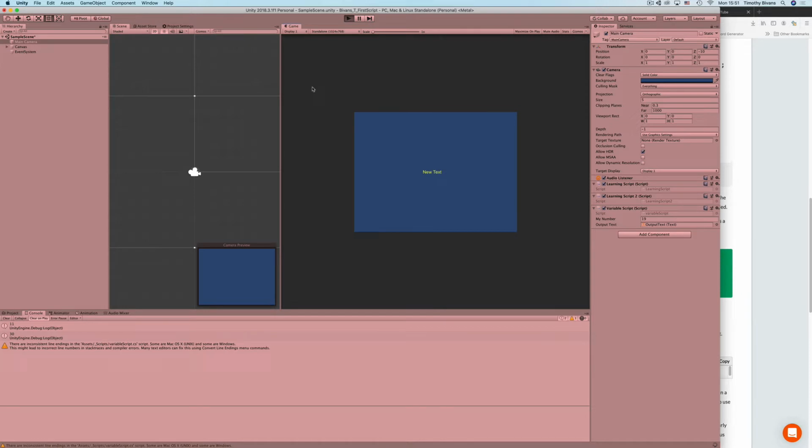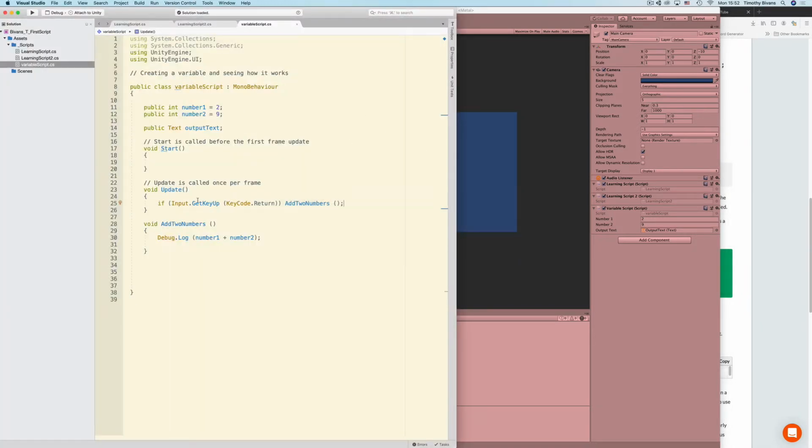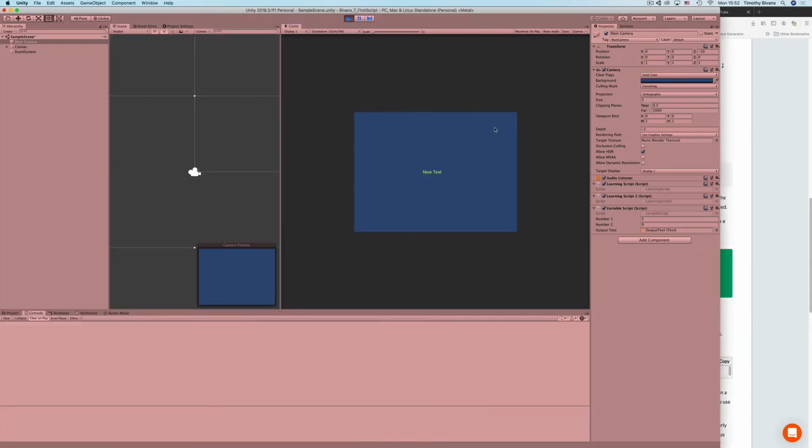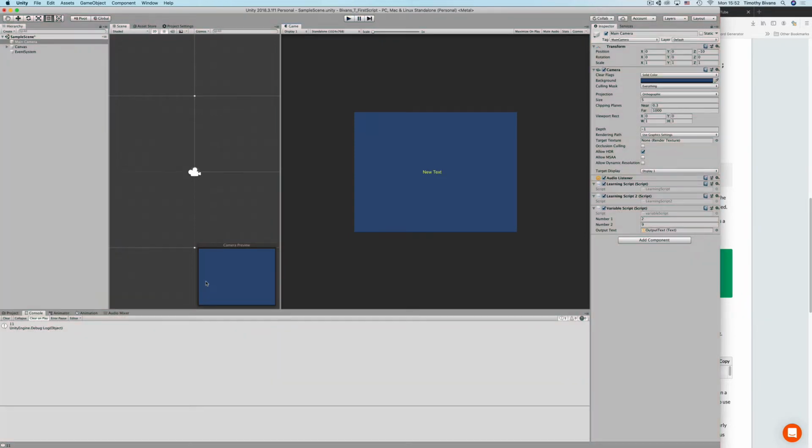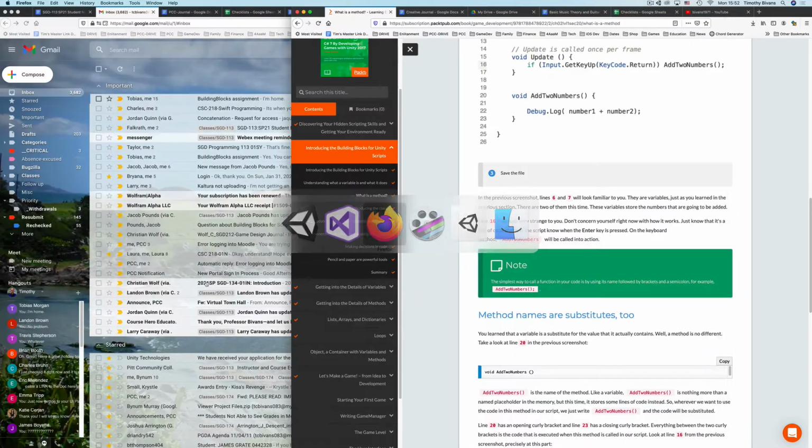Now, what you'll have to know here is to click inside your game window. Nothing happens. It appears there's nothing going on. See, your console is empty. Click inside your game window to make sure that's the active window. If you look at your code, it says if Input.GetKeyUp Return. It is waiting for you to hit return before it does anything. So put the focus inside your game window and hit return, and you'll see 11 down here. All right. I have to remember that when I'm grading it too. I'm not sure why the author decided to throw that in there, just kind of willy-nilly, but he did. Anyway,